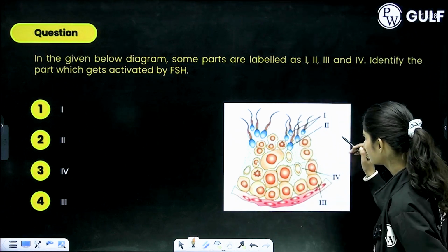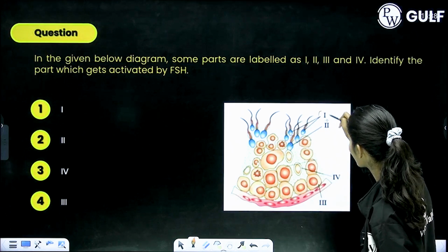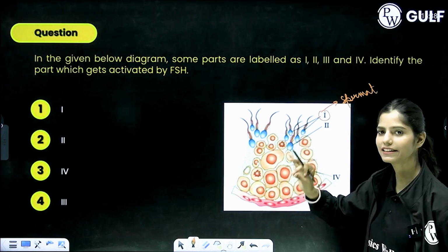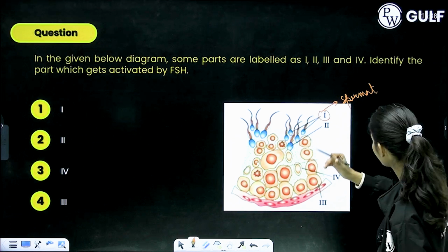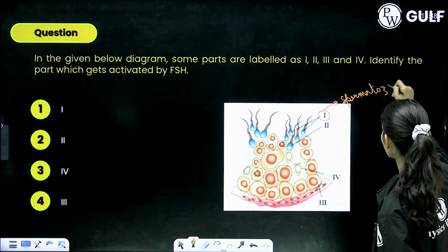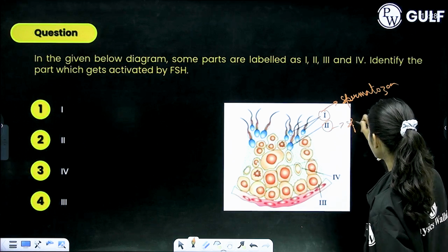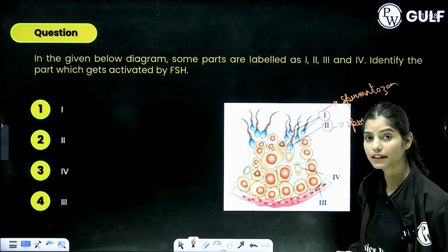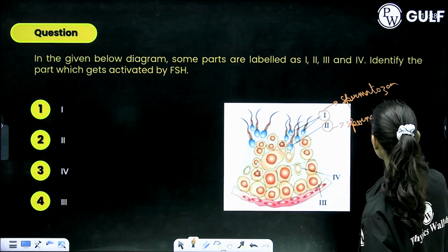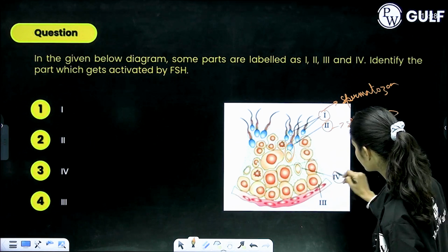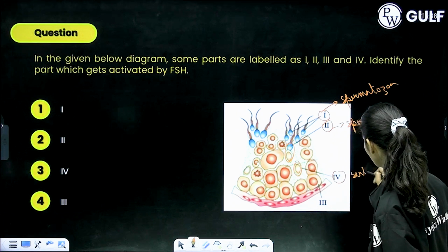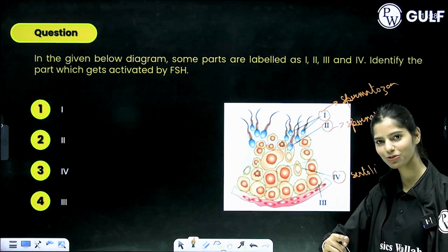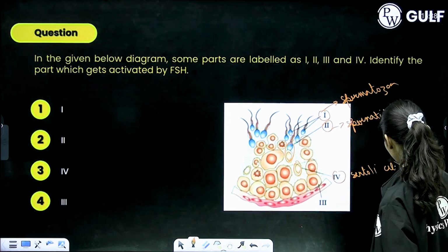All right, now moving ahead, we have one more diagram from the human reproduction part. You can label the parts here. The first part that we see is spermatozoa, because all the structures are distinctively identifiable. Then the second part shows spermatids, as they are still receiving nutrition from the Sertoli cells. Then the fourth part that we see are Sertoli cells, responsible for releasing some factor which transforms the spermatids into spermatozoa.